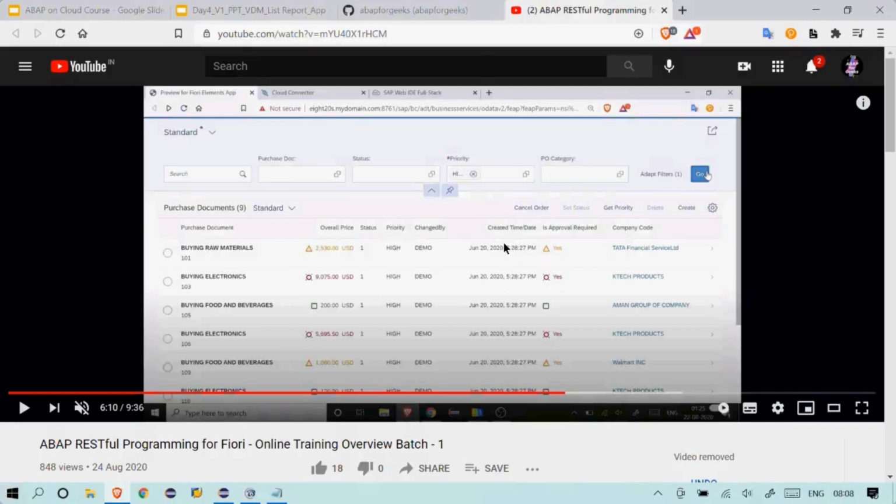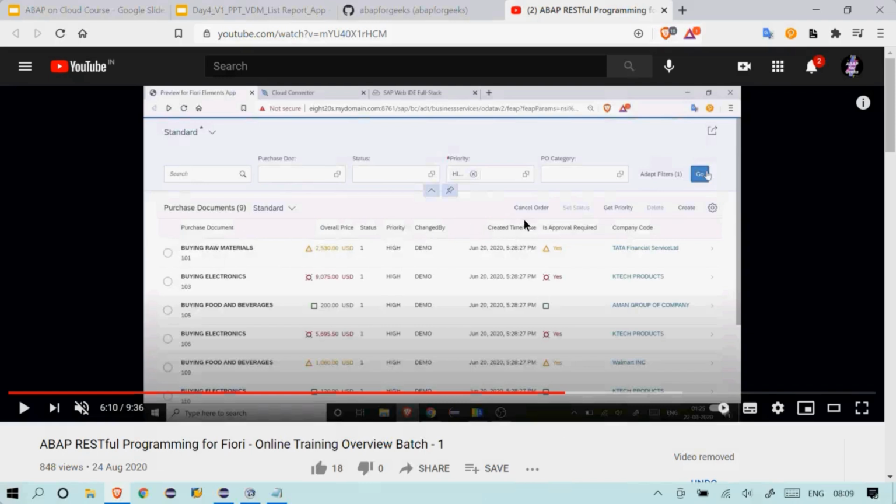And we see the status, priority, changed by details, created, and whether approval is required or not, based on the PO value. We are highlighting some of the fields in warning, red status, or green. This is something we can achieve with different annotations. That is also something we are going to cover.